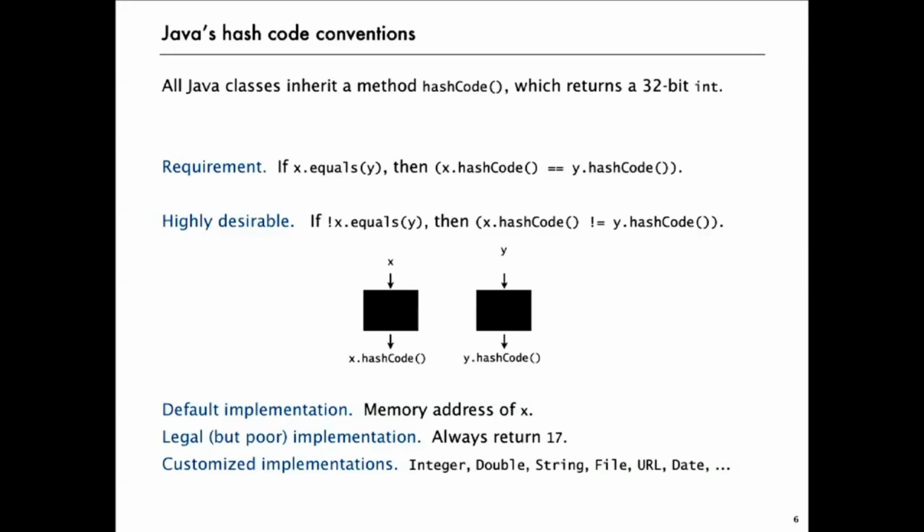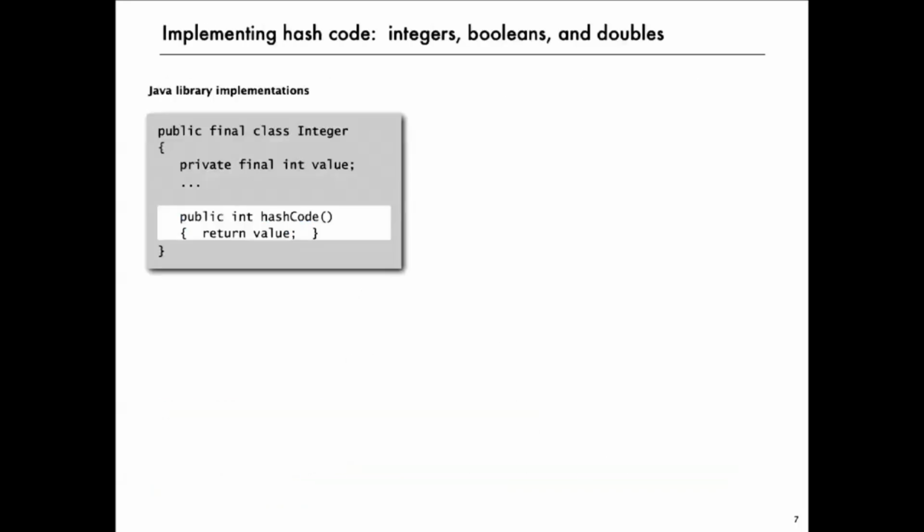So Java has customized implementations for the standard data types that people would use for symbol table keys, and that's the sweet spot for hashing, where some expert has done the implementation of the hash code, and also your application does not need ordering. But for user-defined types, you're on your own,